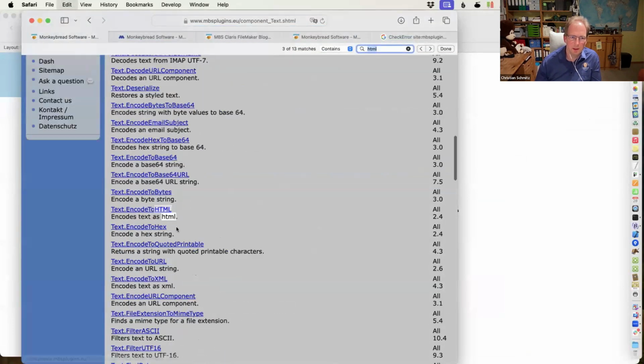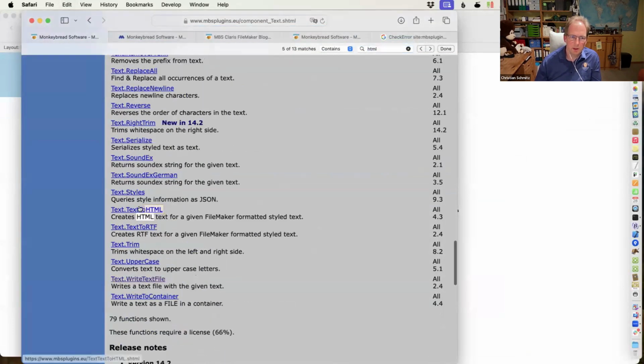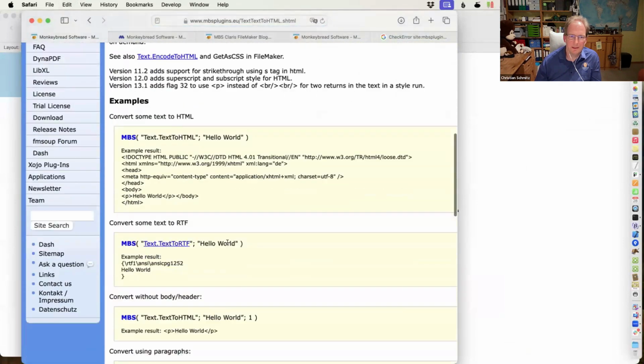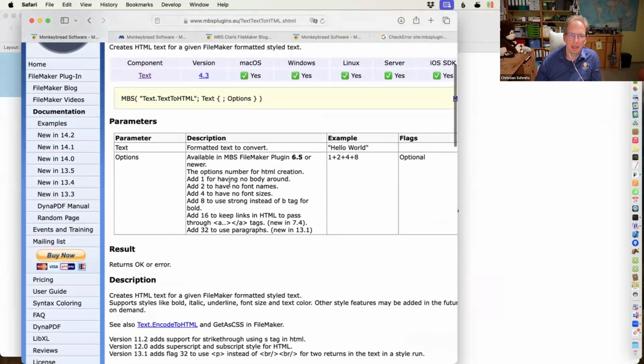HTML. Code. Text to HTML. So yeah, this gives you a full document. You have headers and metadata like the UTF-8 encoding. And we have a few options here: to skip fonts, to use strong instead of a B tag, to keep links in there.